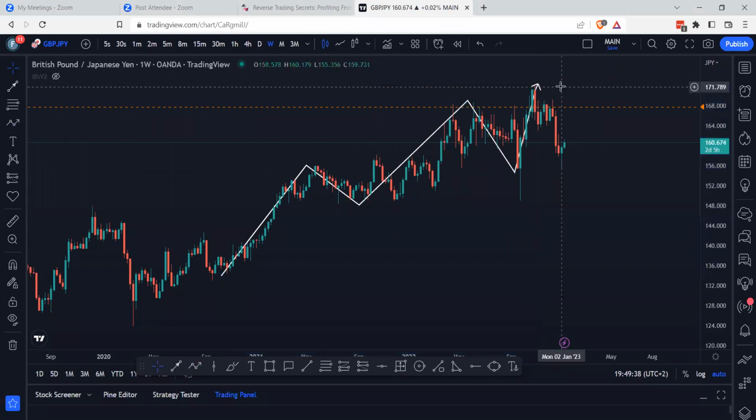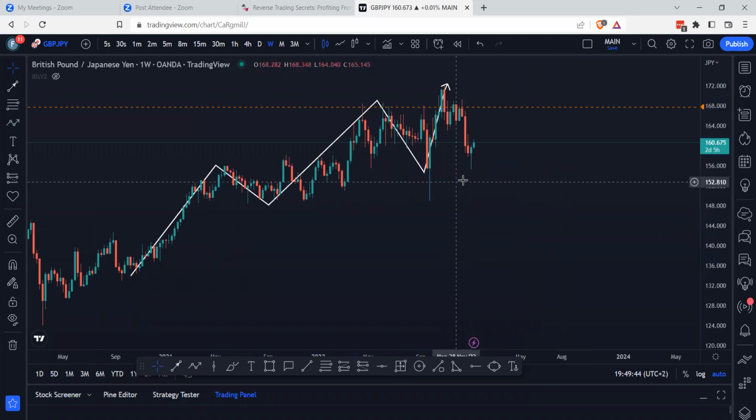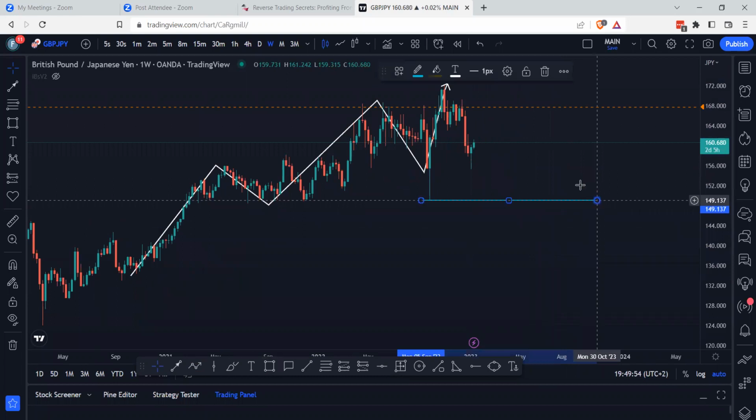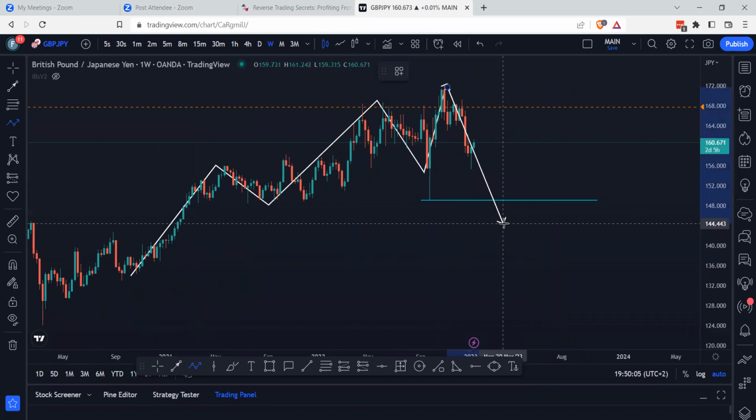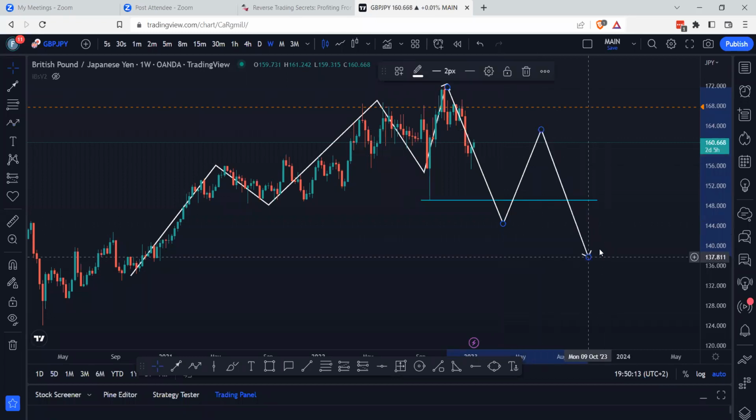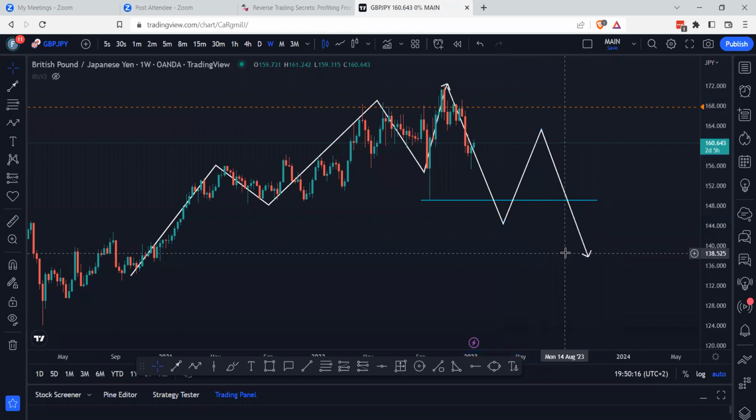Now for this move to shift from an uptrend to a downtrend, based on what we have printed now, price needs to break below this zone. So this is the higher low. How will we know that this trend is about to shift from this uptrend to a downtrend? Price needs to first and foremost violate this higher low. And more often than not, you're going to see a retracement, and then price will form a lower low. So when this happens, this is a signal,